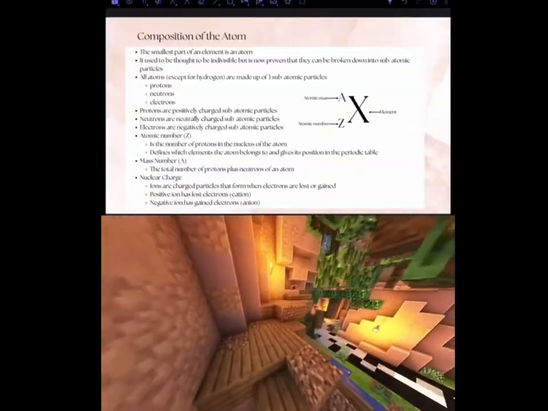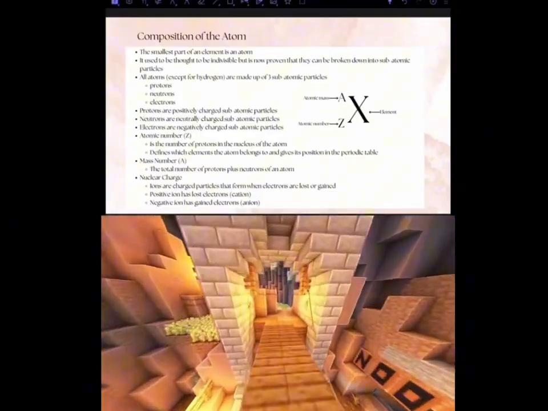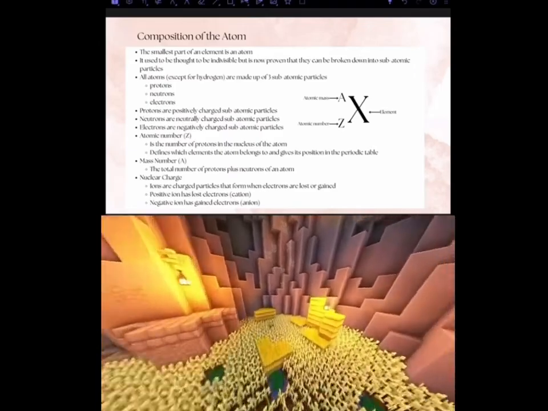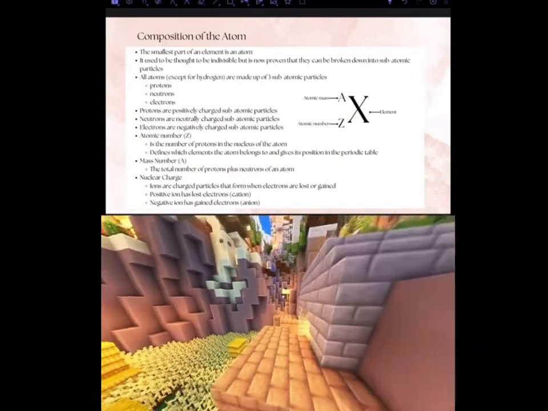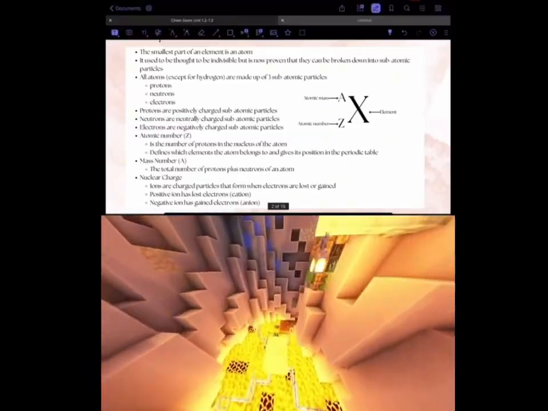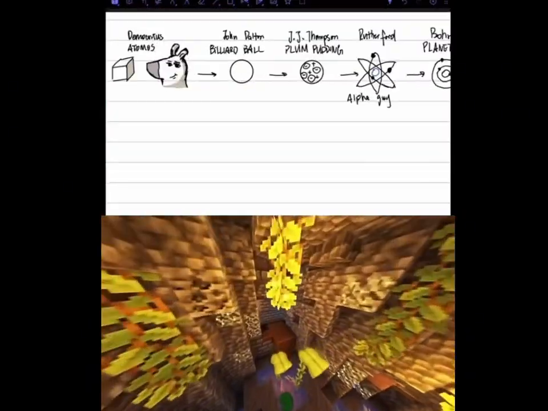First of all, the notation and composition of the atom. So as we've mentioned before, the smallest part of an element is an atom. It used to be thought indivisible, but is now proven that they can be broken down into subatomic particles. So here let's switch a little bit to sort of the history of